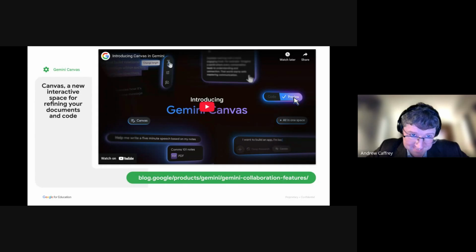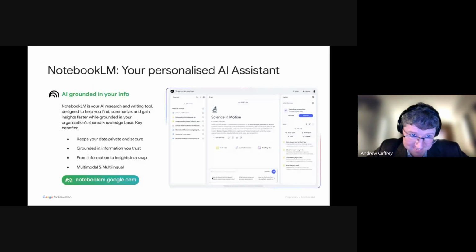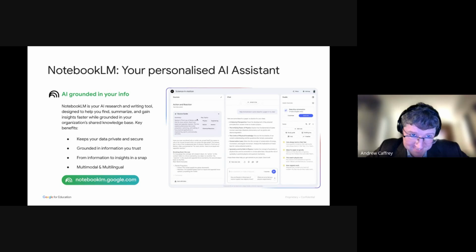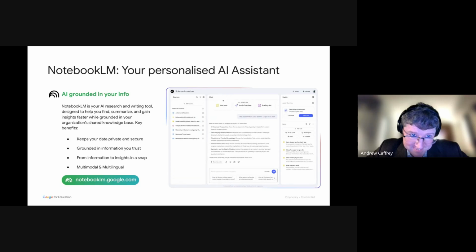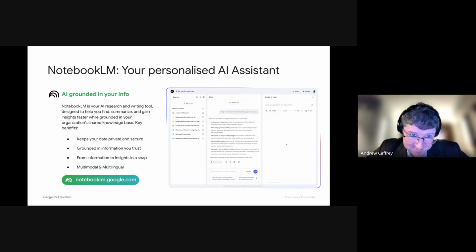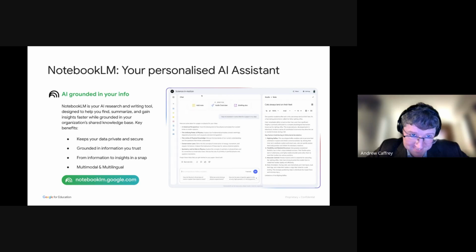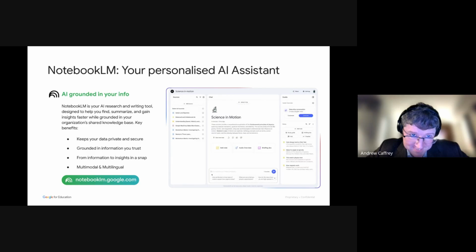So there are a couple of other Google tools out there, and the first one we want to mention is a tool called Notebook LM, and we want to mention it because I know Susan is doing some research at the moment. So this is not currently available inside Glow, but Susan is doing some research around the availability of this, so she might ask you about that at the end. But for now, what I would say is Notebook LM is a different Google tool, so it's not Gemini, it's something separate, and it is